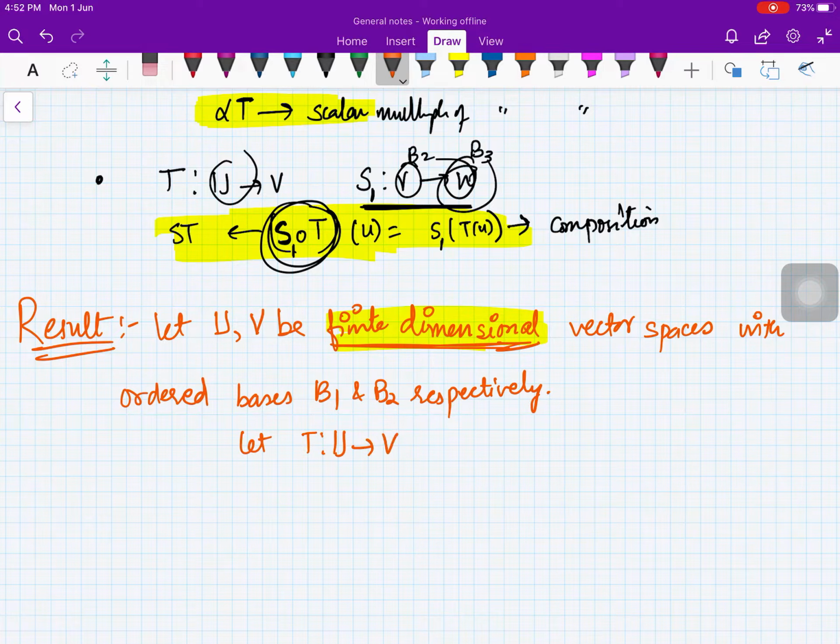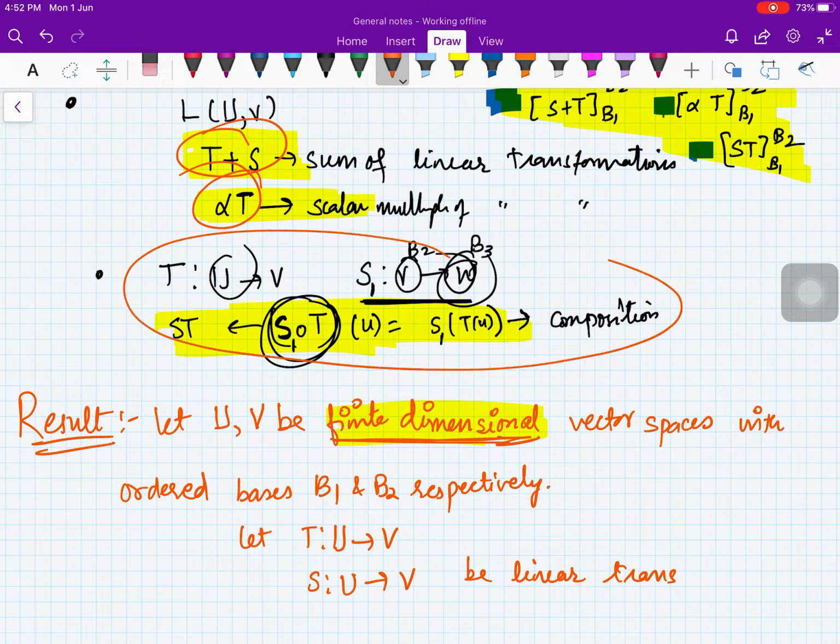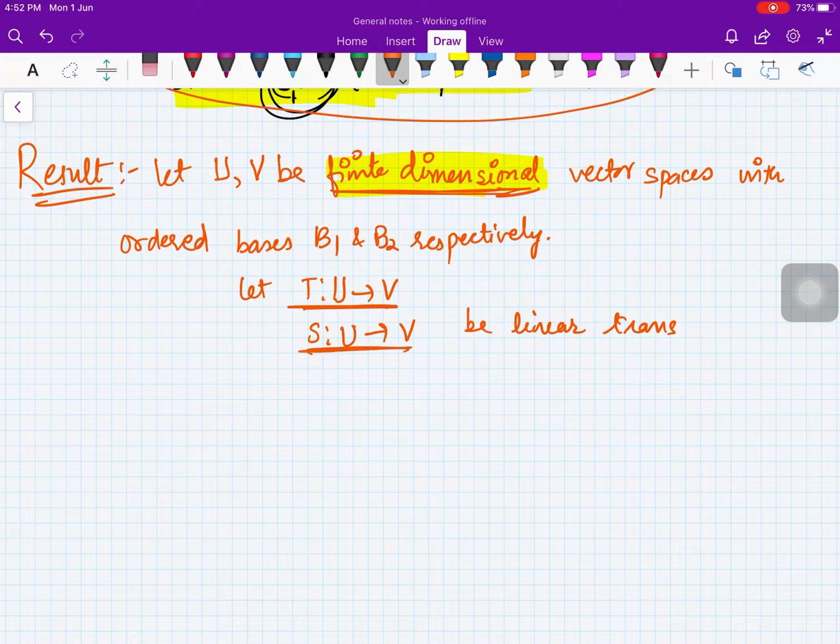Let T from U to V and S from U to V be linear transformations. First I will talk about S plus T and alpha T. Later on we will talk about the composition. So you have two transformations T and S from U to V, linear transformations from U to V,